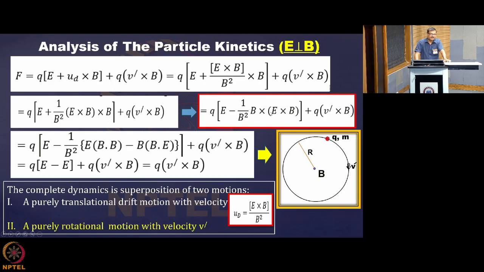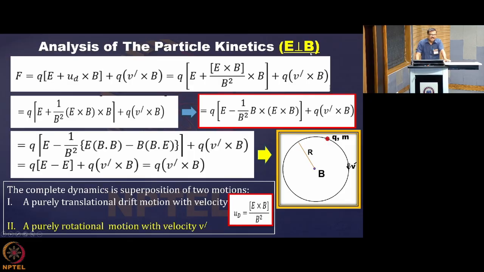Once you are here, you know that you can split this into parts like E (B dot B) minus B (E dot B). It is a vector identity, so I have just put it over here. Now you know that B dot B is nothing but B square, and then it gives B square by B square, and this cancels, and then E minus E comes over here. And you see over here B dot E, what is that?